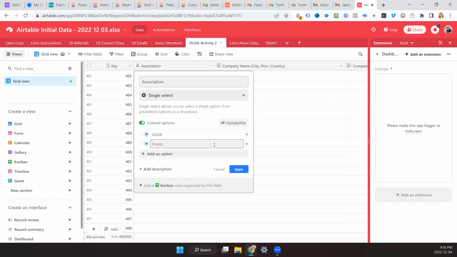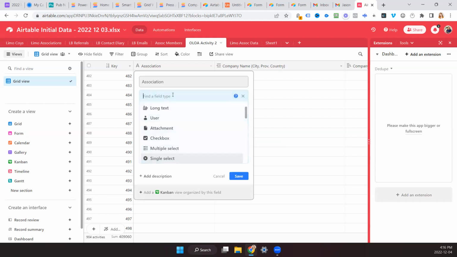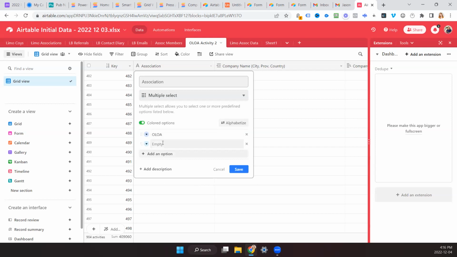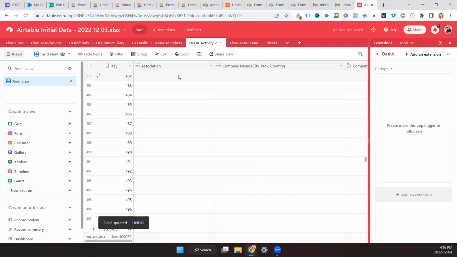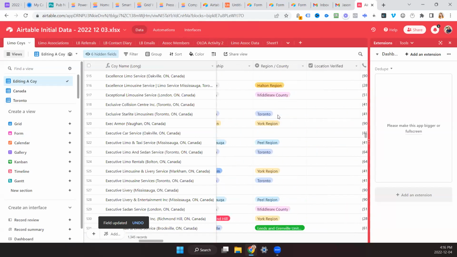Or if I do a multi-select and they belong to 3 different associations, when I do a sum, it'll still find the 3 different ones that they're in and add 1 to each of the 3 different ones, correct? Yeah, so associations, so then we can go in here.